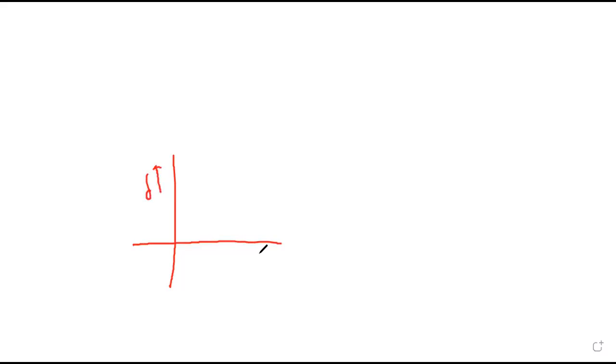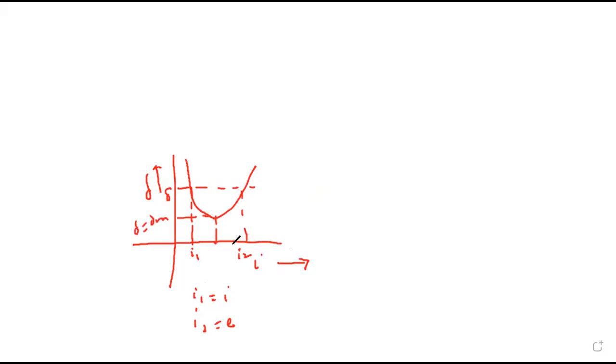Angle of deviation versus angle of incidence. When the graph is plotted, it goes on decreasing, becomes minimum, and again increases. Yet for one delta, we have two values, I1 and I2. But I1 is taken as I and I2 is called the angle of emergence. But when delta becomes minimum, then I is the same as E.